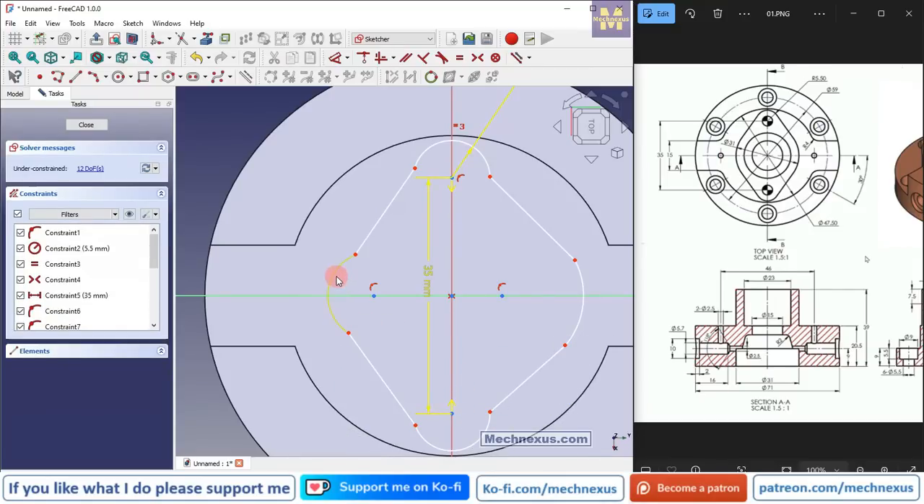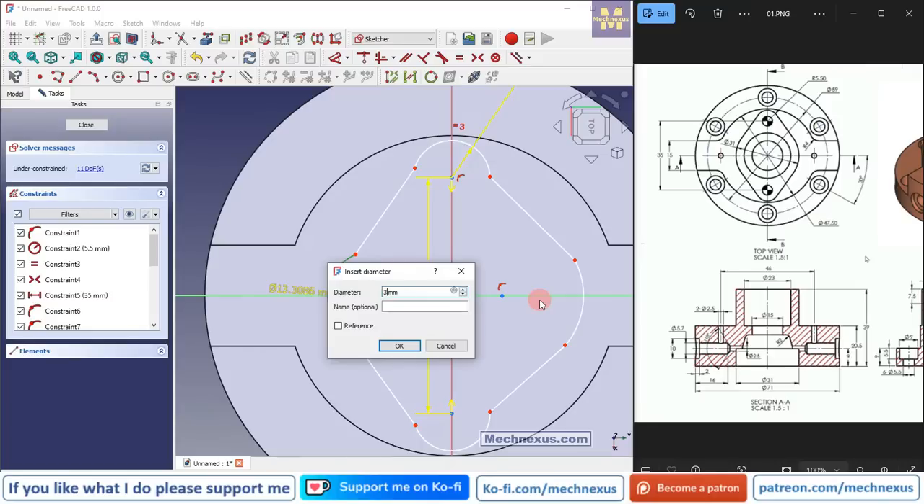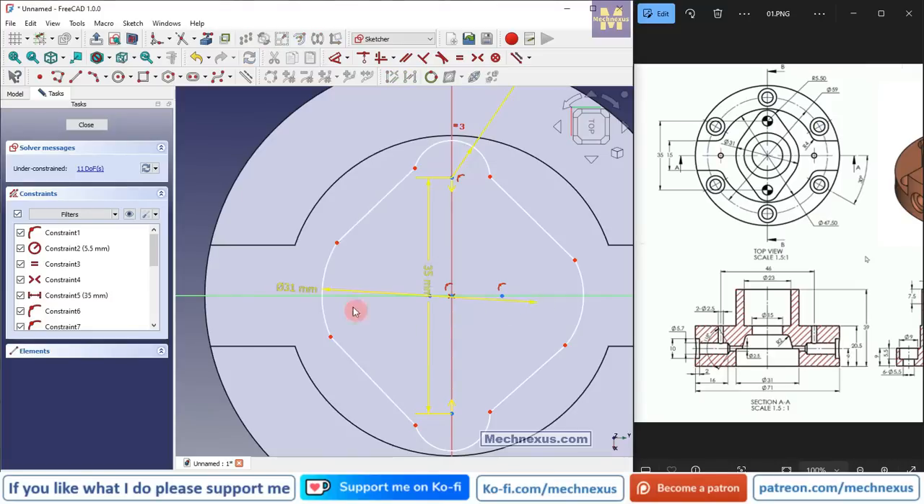Now here is a diameter of 31, so we will select diameter and provide it 31, and we will select this and this and add equal. And now we will add a tangency relation at all possible locations. Select this and this and add a tangent, select this and this and add a tangent,